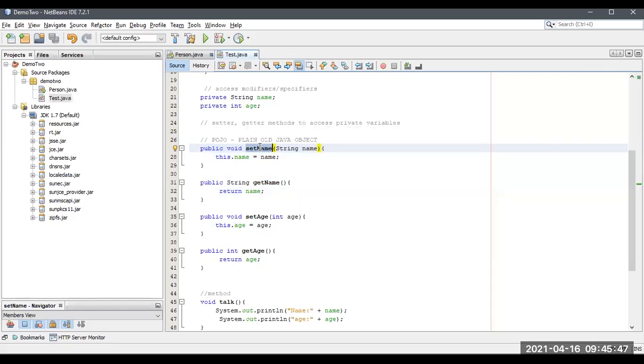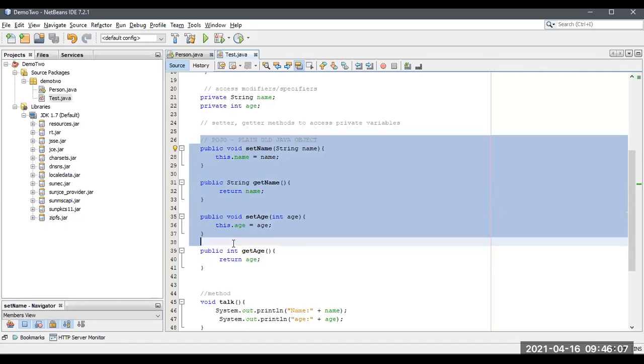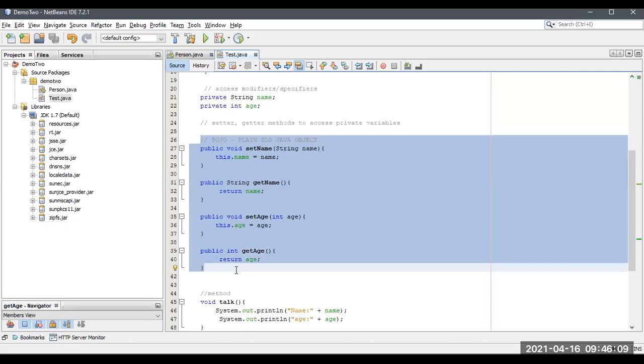So if it is like a student table, it has a student number. So the student number should be over here. And if it is like a student name, it should be over here. The name of the attribute we mentioned in the columns at the time of creation of the tables in a database. So to access each and everything inside the database, it is essential to mention these getter and setter methods. Please remember this one.